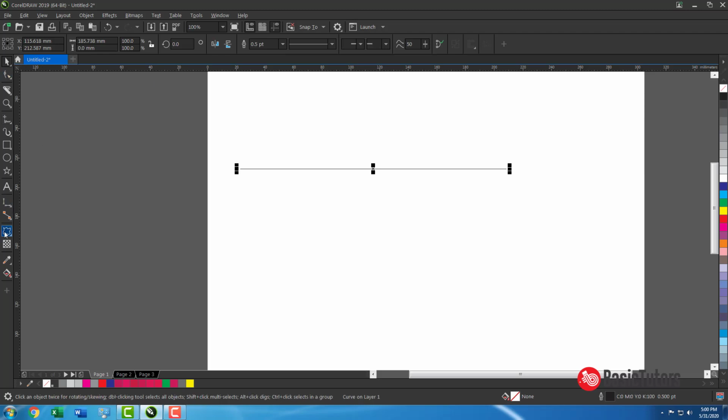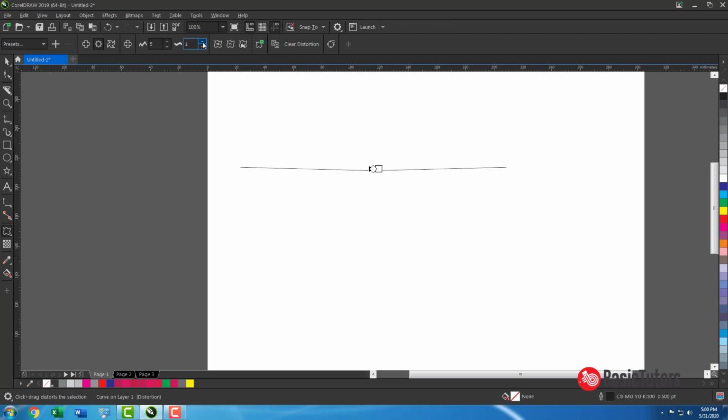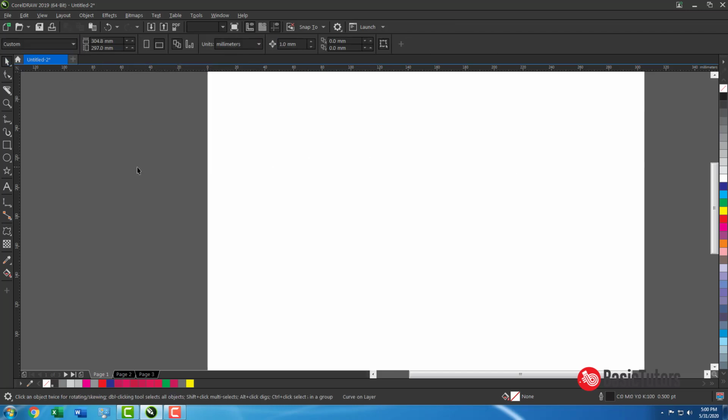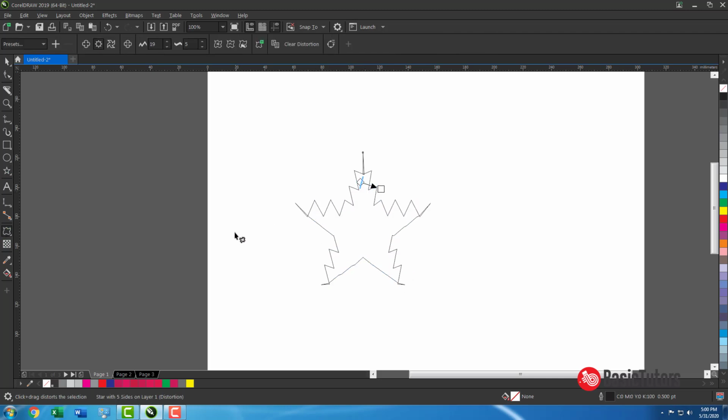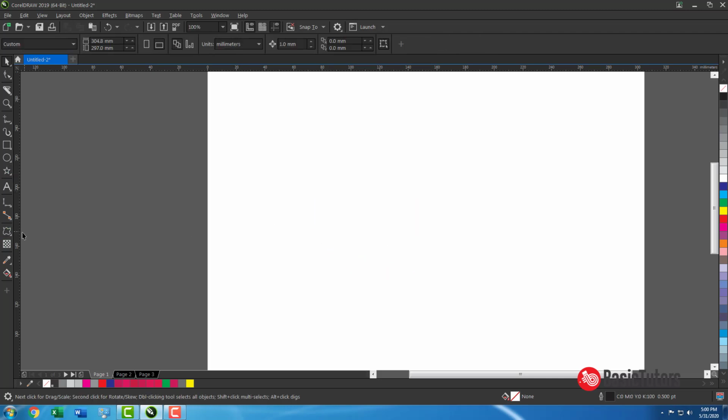Okay, straight line, zipper, values, magnitude, and the number of amplitude. Okay, amplitude means the height, and frequency means the number of nodes. Okay, fine. This is about the zipper tool. You can do zipper with these different shapes. What will happen now? Okay, same thing will happen here again.